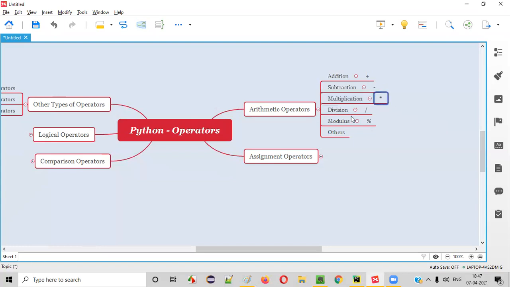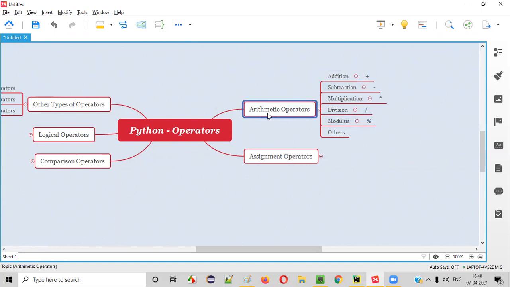For multiplication, the asterisk symbol. For division, the slash operator. For modulus, the percentage symbol. Like that, operators are symbols used in Python for performing different operations like addition, subtraction, multiplication, division, modulus. This category of operator symbols belongs to arithmetic operators.